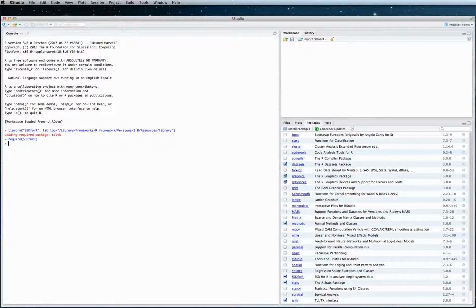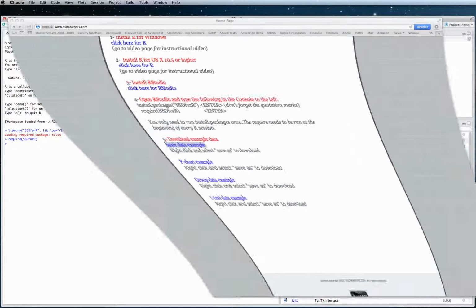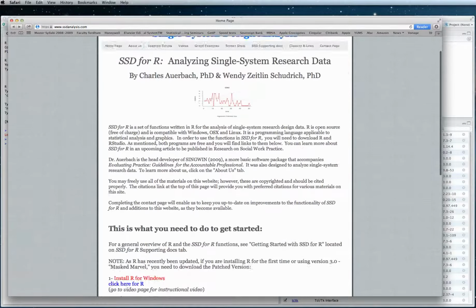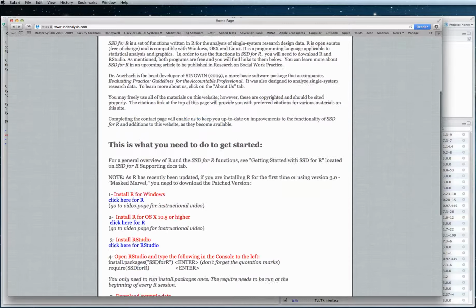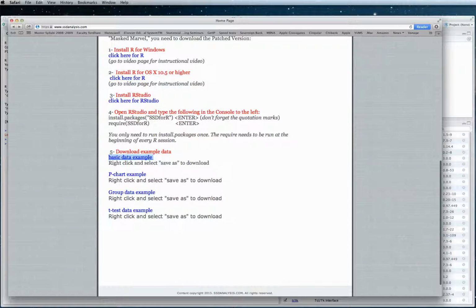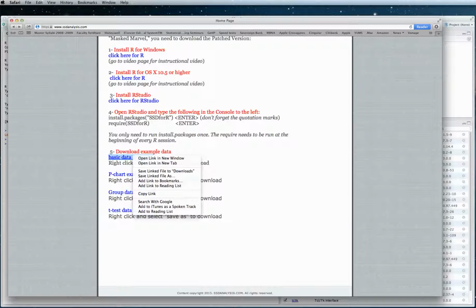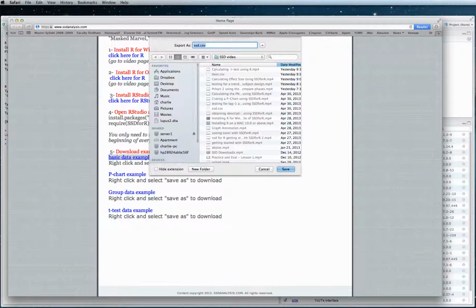The next step is to download the basic data example on our website, ssdanalysis.com, and I'm going to open up the website, and this is the first page, the home page, and I'm going to scroll down to basic data example, and I'm going to right click on it. I'm using a Mac, so it might look different if you're using a PC. If you're using a PC, it might say, save target file to. I'm going to click on the save link file as, and I'm going to save it to my